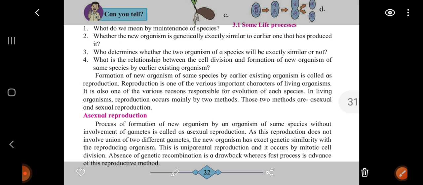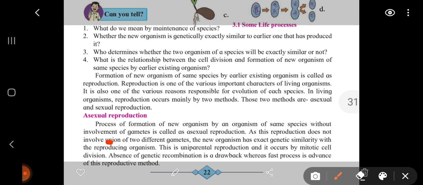So we know what are gametes. It was taught to you in the life processes in living organism part 1 how gametes are formed by the process of meiosis. Okay, and gametes have haploid number of chromosomes. So these gametes are also called germ cells. When the gametes are involved, that process is called as sexual reproduction. When there is no involvement of gametes and the new organism is formed from the earlier one, that reproduction is called as asexual reproduction. Okay, so this is how both are different.